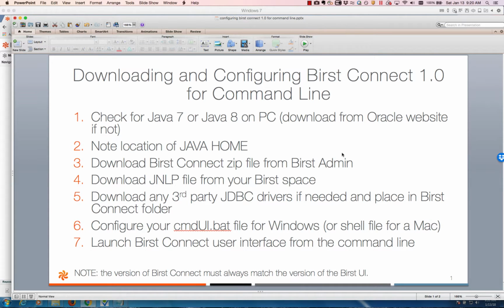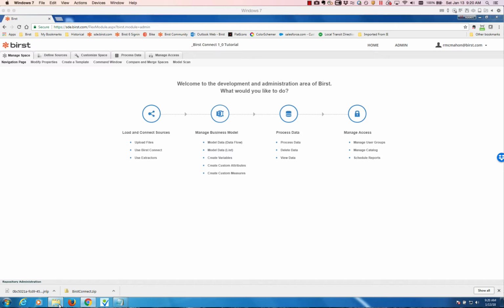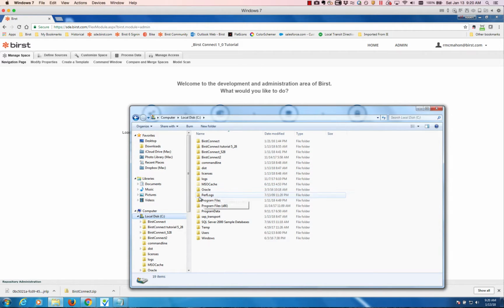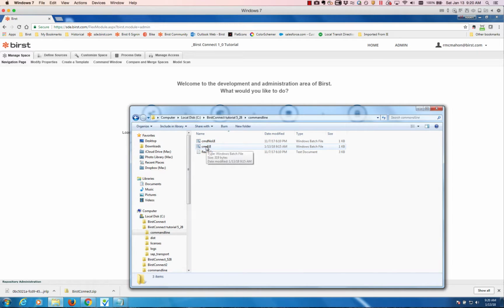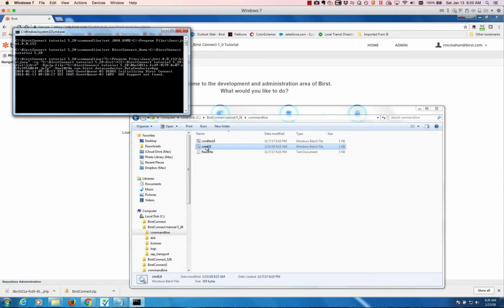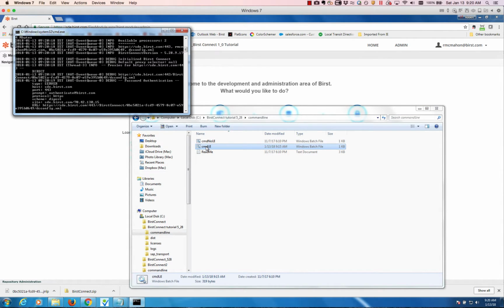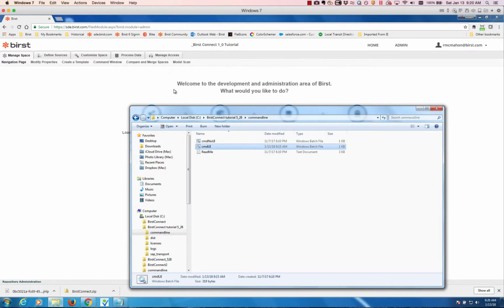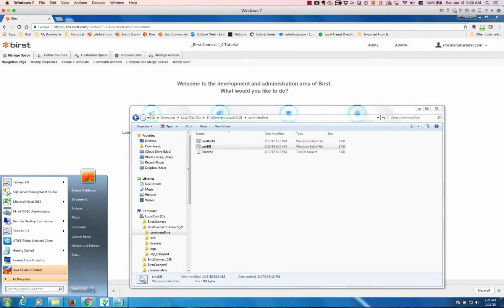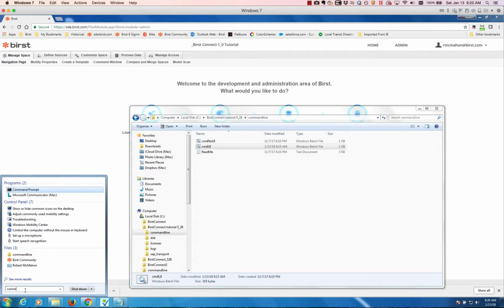Okay, so we're up to our final step, which is step 7, which is just to launch Birst Connect. If we go out to our Windows Explorer, I could go into this location, go to command line, and actually just double click it and run it here, and we'll see a window come up, and now the Birst Connect application has come up. However, just to show you an alternative way, you can go out to the command line,